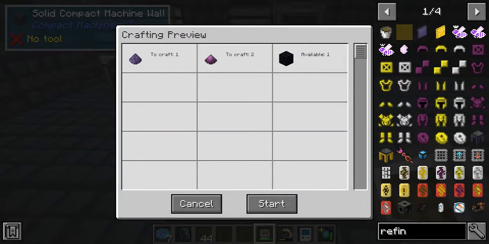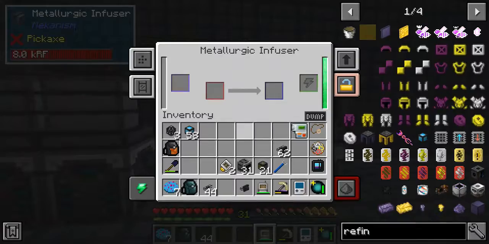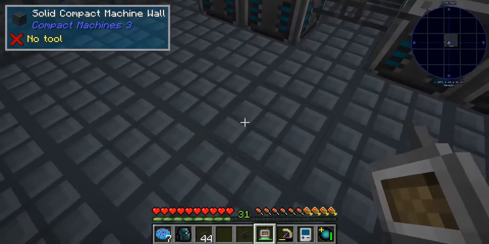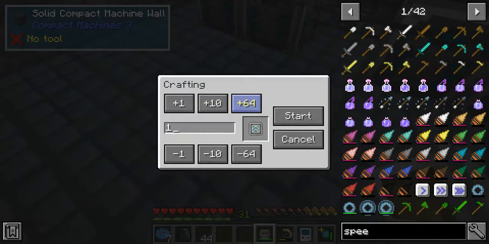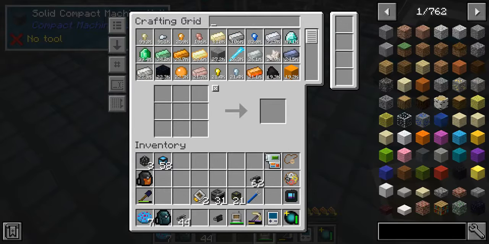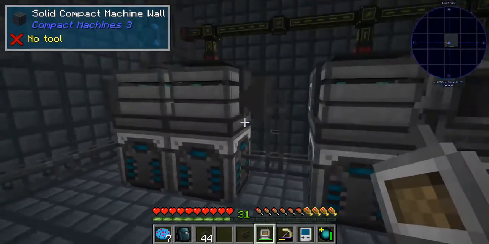Just one is fine. It's going to take a minute because we got to do, if you saw, there's some processing that took place. I'm going to go ahead and grab this conduit just in case I need it. And there it goes. It's working just like it's supposed to. And we're going to go ahead and put the speed upgrades in there while we're waiting. I don't want to go too far and make too many. And energy. So,